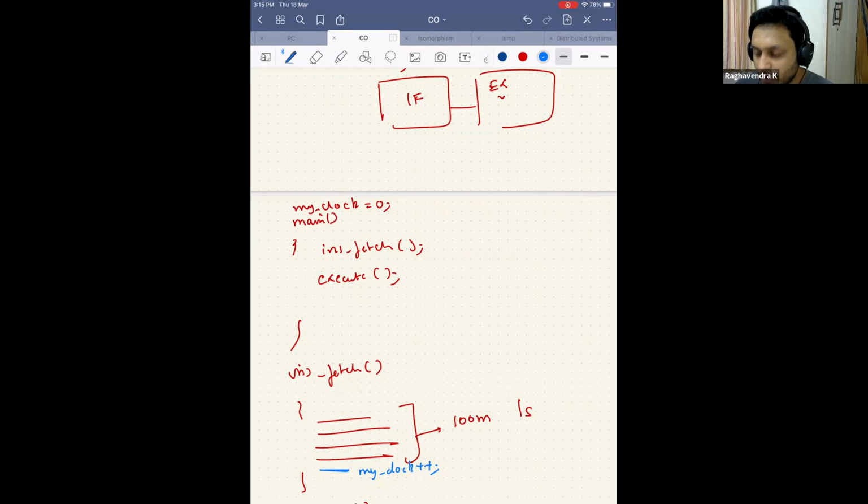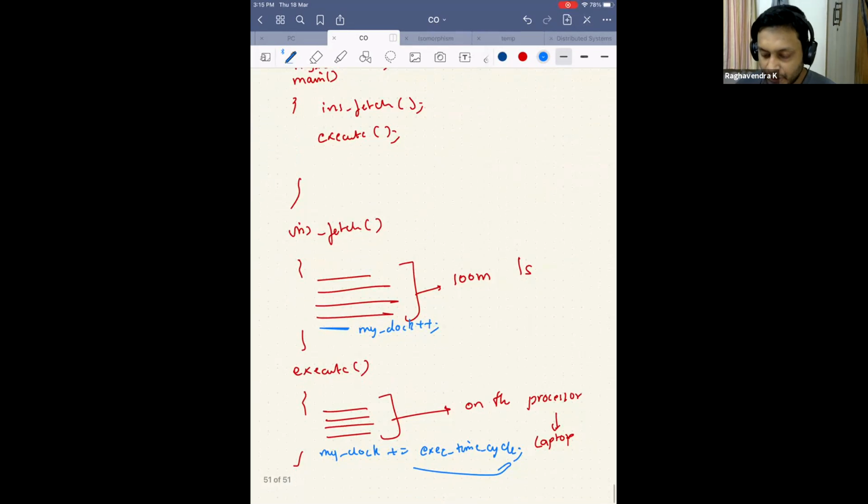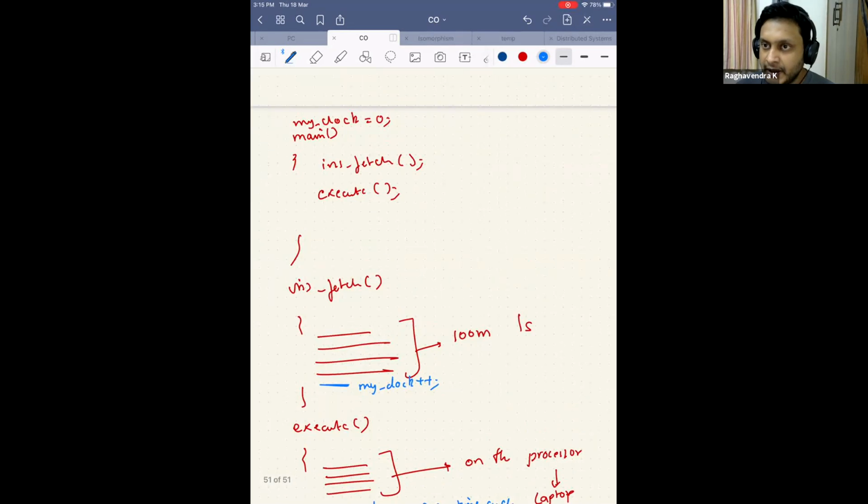So you don't have to worry about all those things. All you have to think about is that this is your clock. You are God. You have designed a new universe where you are deciding how this clock moves. Maybe you have decided that for every 100 minutes in the real world it will move 1 cycle, or for every 1 second it will move 1 cycle. It does not matter. So there is no unit for this. I am not looking for a unit, I am just looking for the number. So instructions per clock cycle, and that clock cycle is not a definition that I'm looking for. Is this clear?